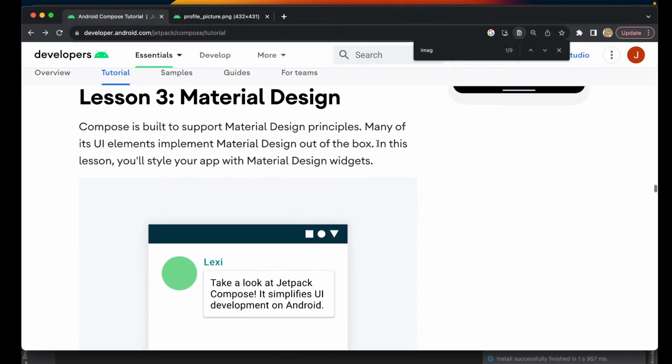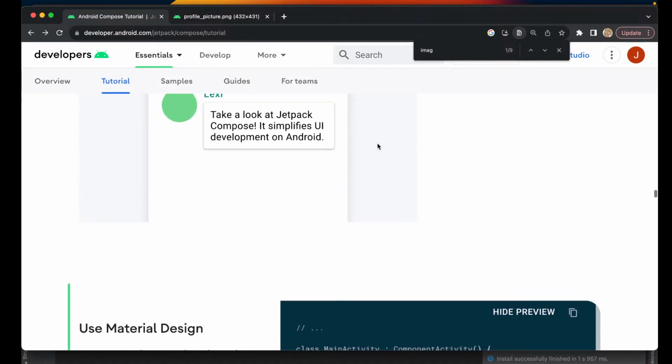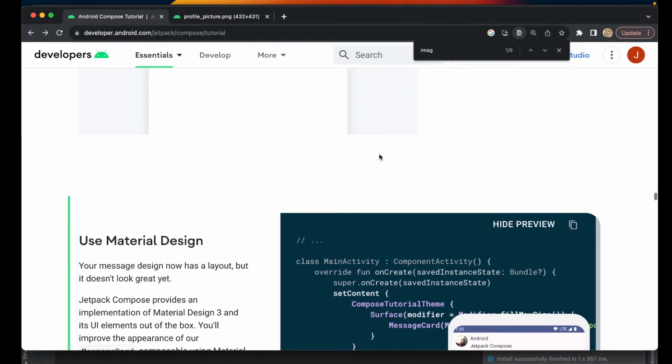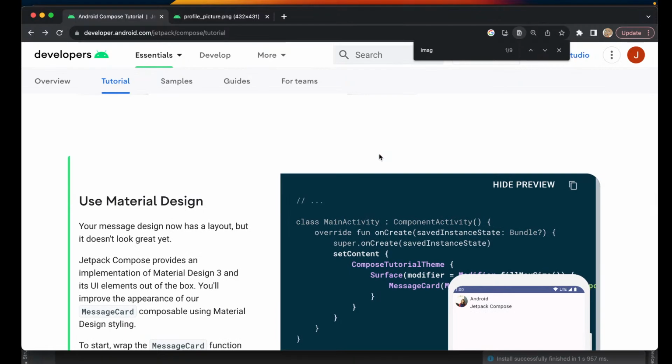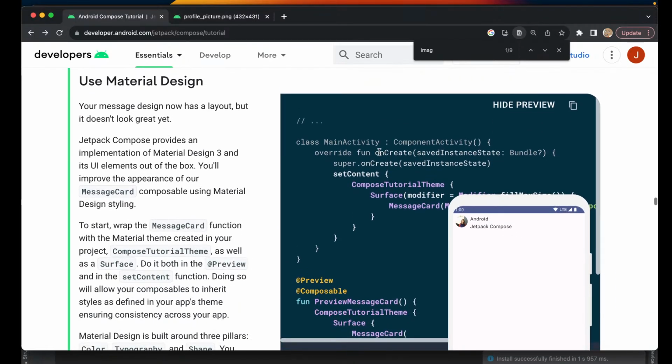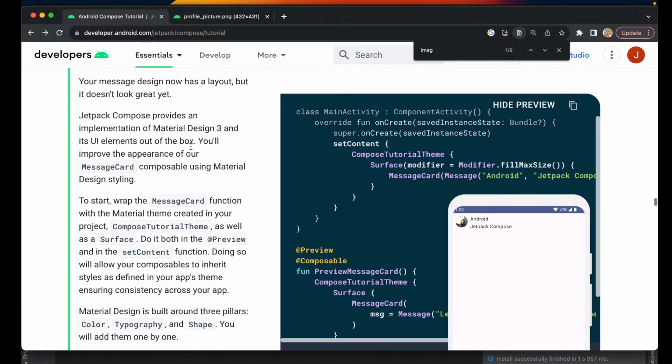Material design. Compose is built to support material design principles. Many of the UI elements implement material design out of the box. In this lesson, you'll style your app with material design widgets. So here it says use material design. Your message design now has a layout, but